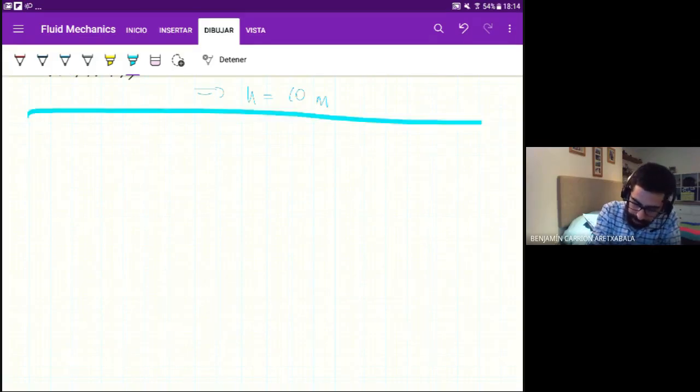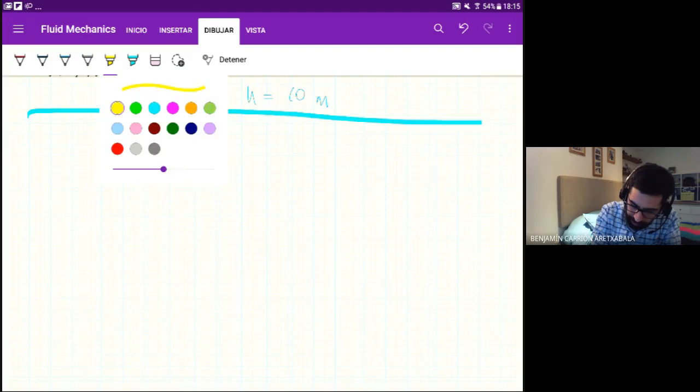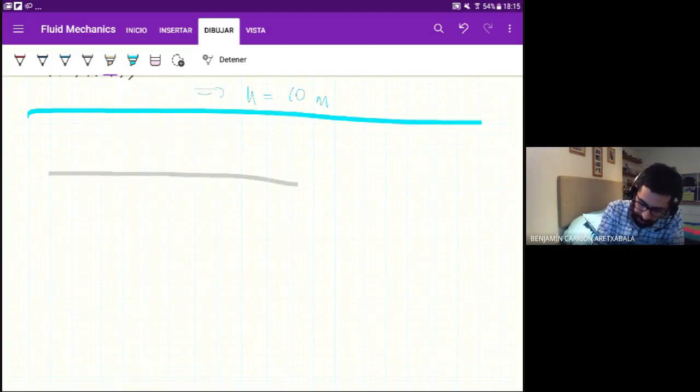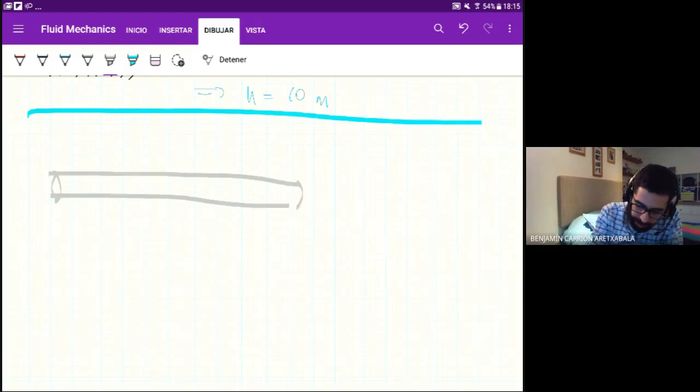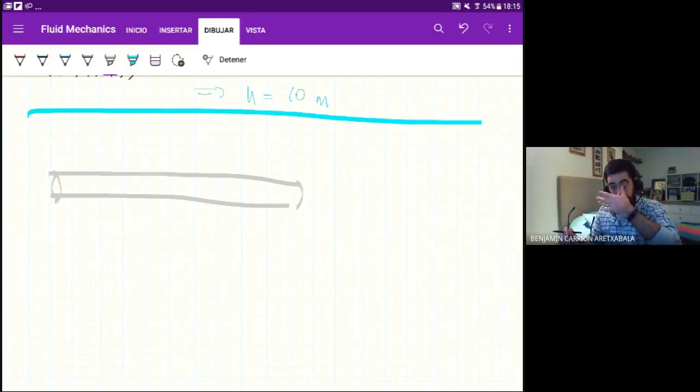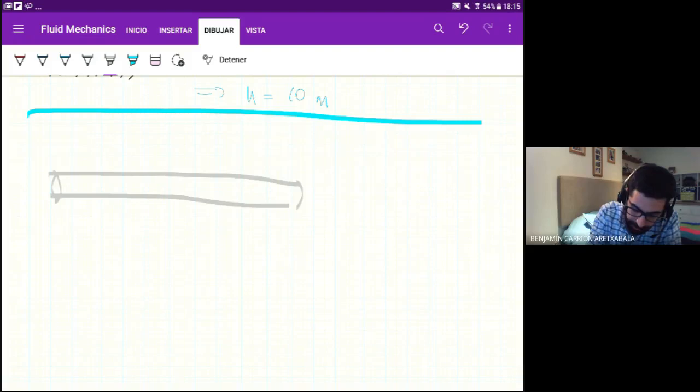So let's say we have a pipe, and we have water flowing in this pipe. And we install a manometer. A manometer is a small tube